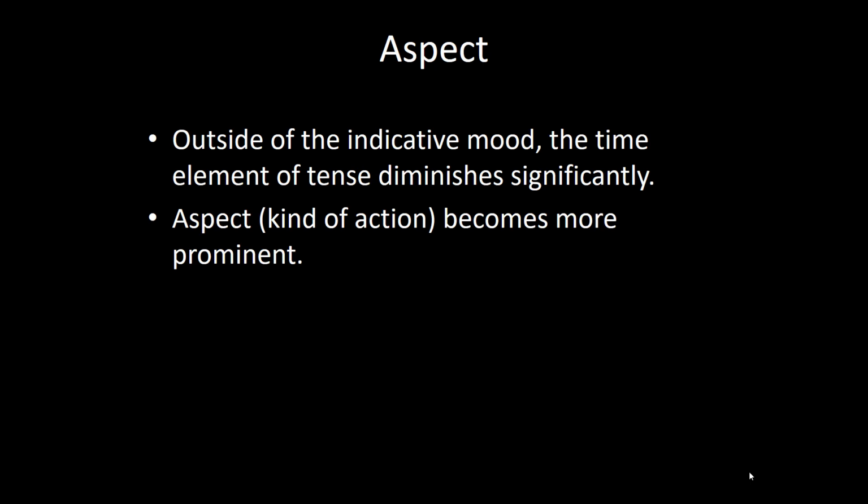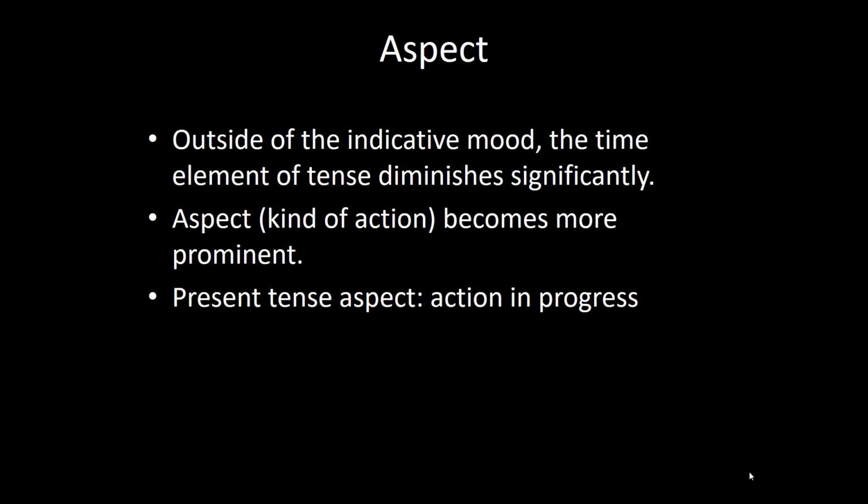A simple definition of aspect is kind of action in context. So what will a present tense verb form do? Its aspect is action in progress. It's progressive or continuous. The aorist tense, the word aorist means undefined. Aorist tense is pretty plain. It's pretty simple. It's kind of like saying no comment. So in a very real sense,